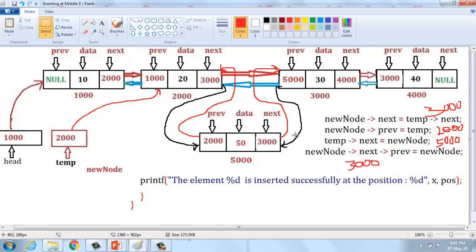So this is the way we have to insert, and then this link should be automatically disconnected from the linked list. Here I am going to draw it properly.